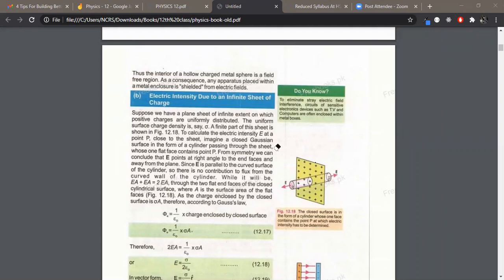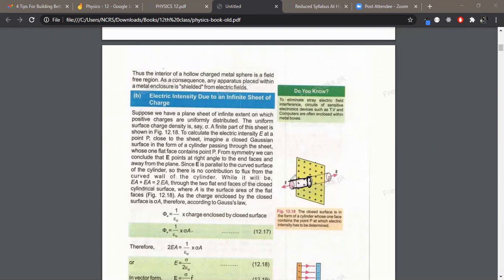It is always present outside of the thing or the particle which is producing the electric field. So if we talk about the surface which is present, if we talk about the side of the cylinder which is present inside the infinite sheet, then we can say that it will have zero electric field. And as for this side and this side, you can see that